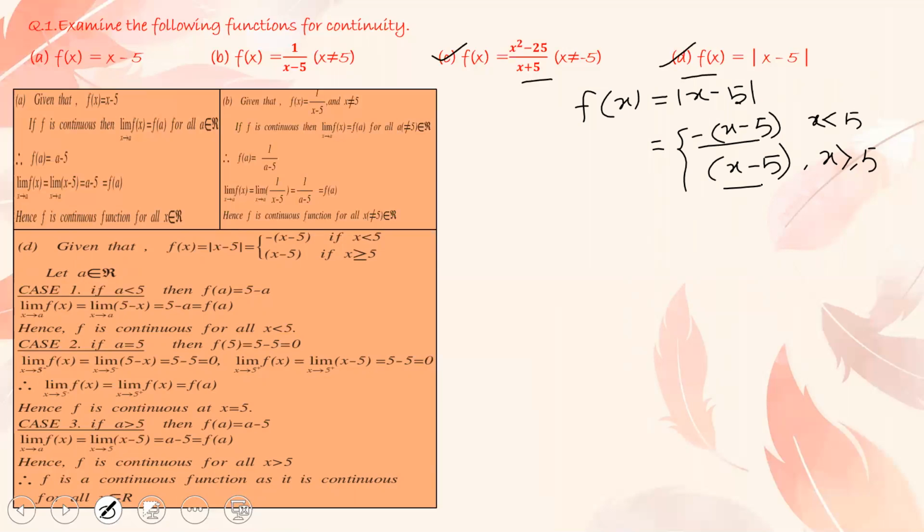So here you can check the three conditions are there. That is, if x is less than 5, we need to check whether the function is continuous or not. Now for x equal to 5, we need to check whether the function is continuous or not. And for x greater than 5, we need to check whether the function is continuous or not. So for x equal to 5, for the left hand side, the definition of the function is different, and for the right hand side of 5, the definition of the function is different. So let's check at this x equal to 5 whether the function is continuous or not.